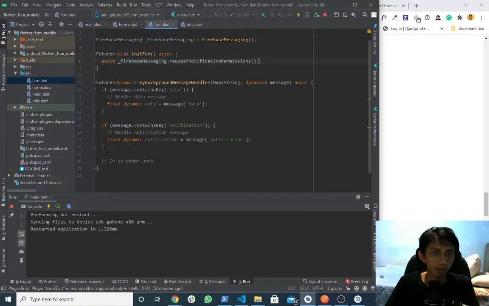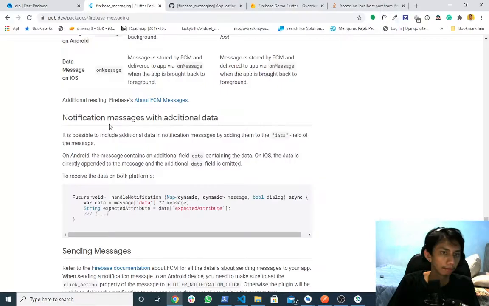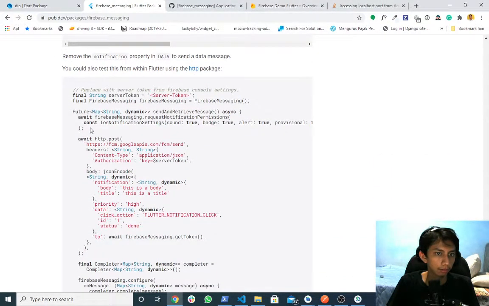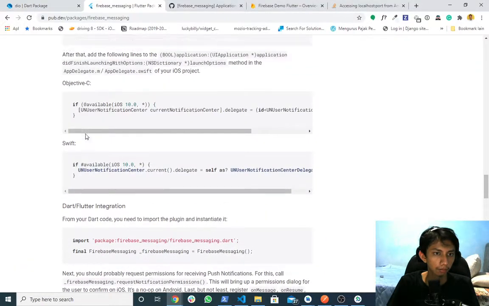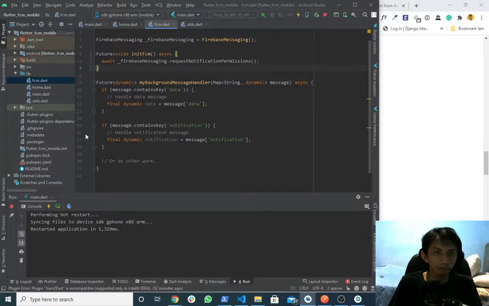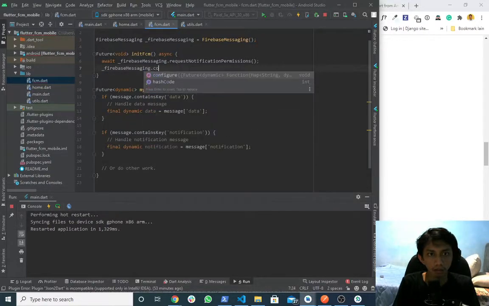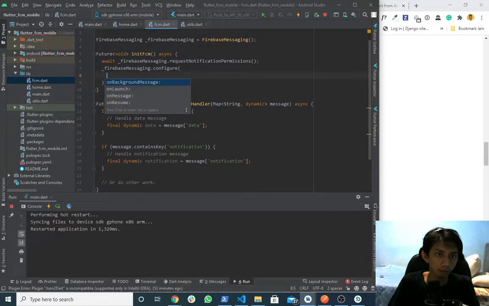And then after that we'll see this one. Oh no. This configure method is basically the main method of the Firebase messaging. Configure, so we'll have to override some methods